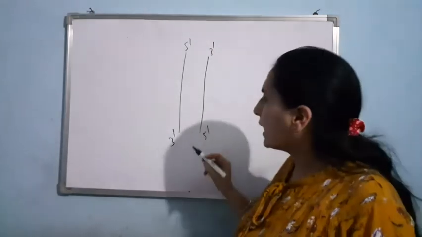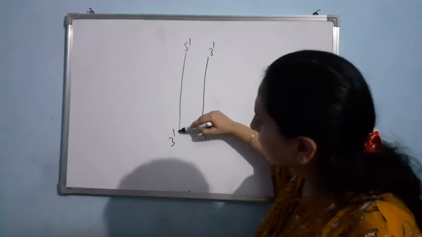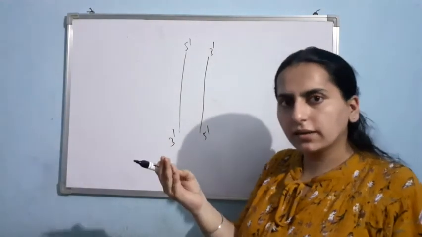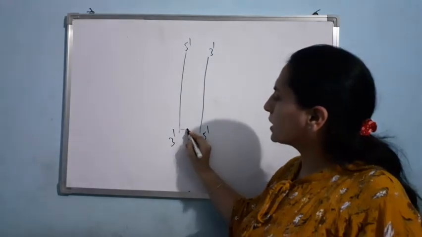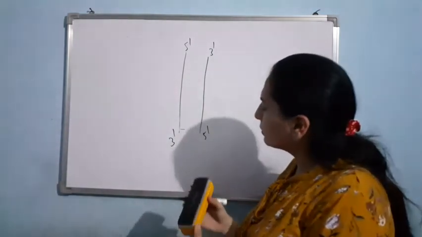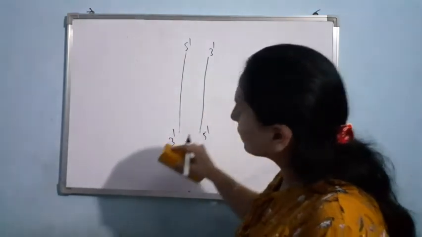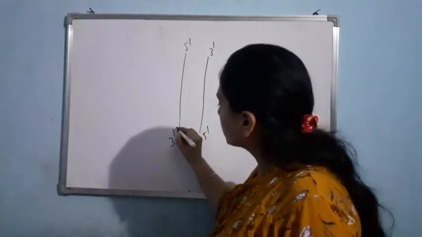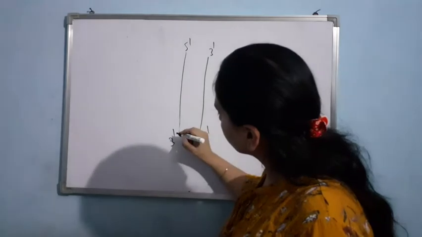Just see. As you know, this strand, this line basically, is made up of sugar and phosphate, and the nitrogenous bases are present inside. Now let me make the sugar and phosphate here only to make you understand. Okay. Suppose I am having the sugar.